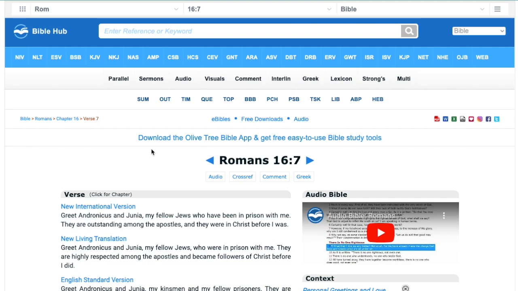It's important to go back to this Bible Hub thing. It's really great because it can help you navigate some of this and go, wait a second, that's not exactly what it says here. Wait a second, it can't be Junius, the male version of this name, because this is a feminine word. This is a girl. And so it should have been translated better than that. So we really need to go, hey, what's really going on here? And to know that, all right?